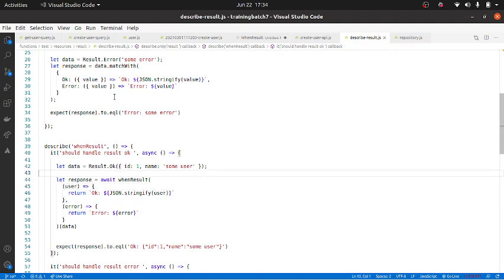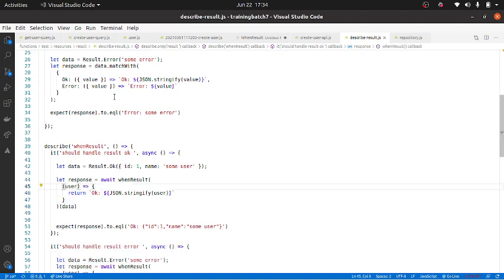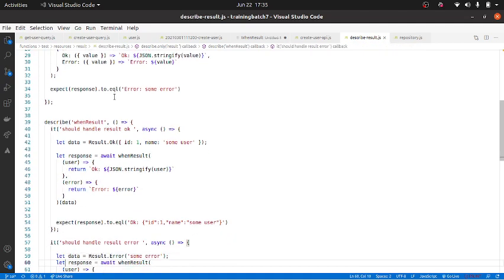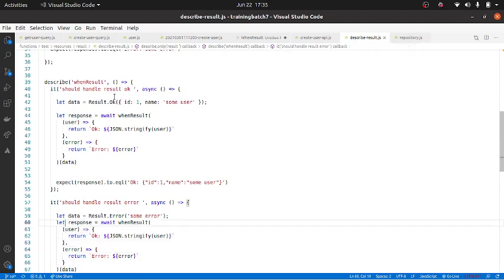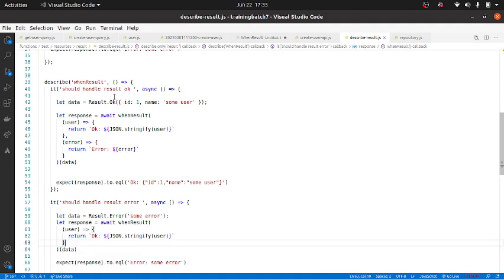Now, there is one other thing that we can do. Let us say you're not handling your error, you could actually eliminate that error condition. You can remove this. If you only want to handle the success criteria, then let me put it in this case. In this case, there is an error. So the question is, what do you want to do with this error? Are you going to do anything with this error or not? If you're not doing anything with the error, you can actually remove this error code. You can only have the success code.